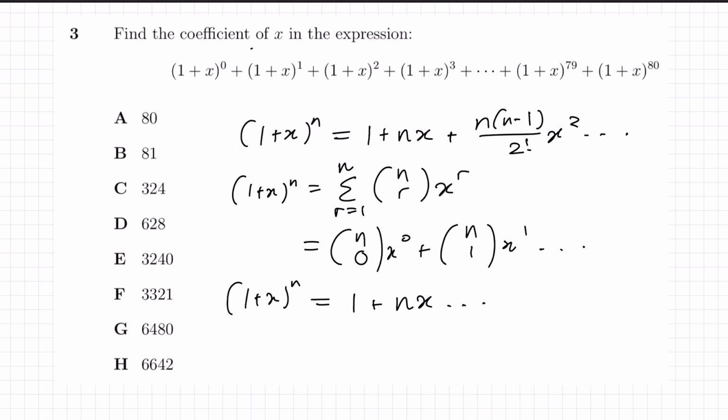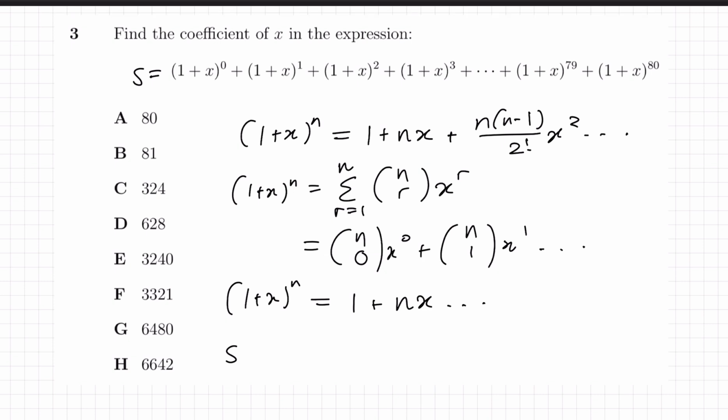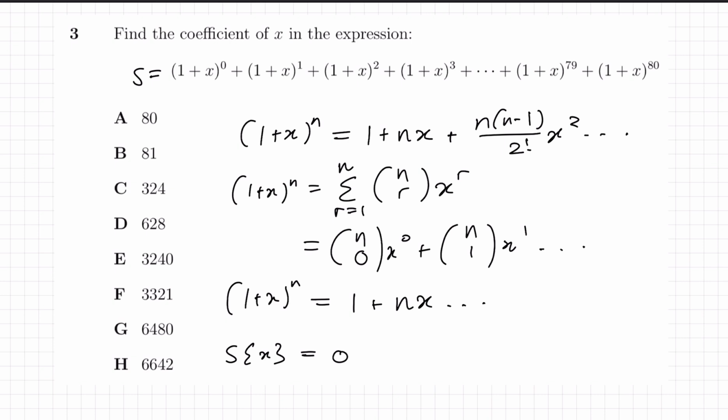And what we really care about is we only care about the x term, because all other terms aren't going to contribute to the x term. So if we label this s and then bring this over here, we can see if we just expand each of these brackets using this formula here, the coefficient of x, I should probably write s coefficient of x, well, that's just going to be 0 times x, only looking at the x terms, plus 1 times x, plus 2 times x, just taking the n from the bracket, plus 3 times x, all the way up to plus 80